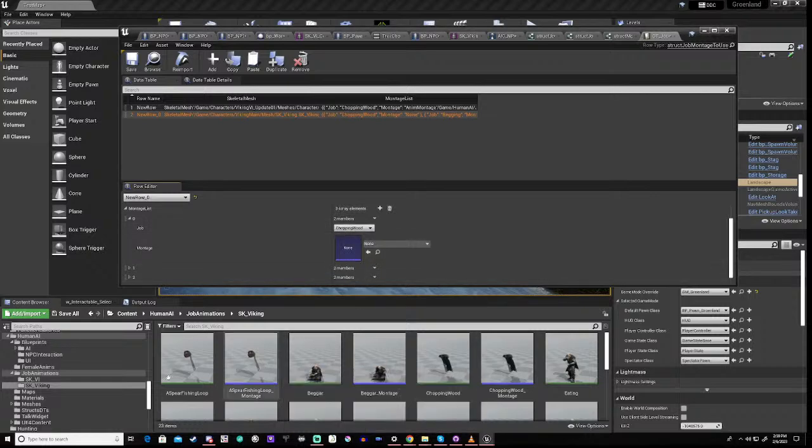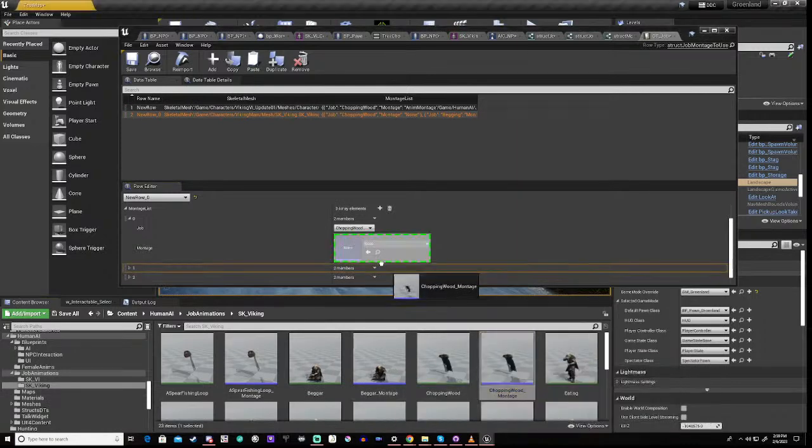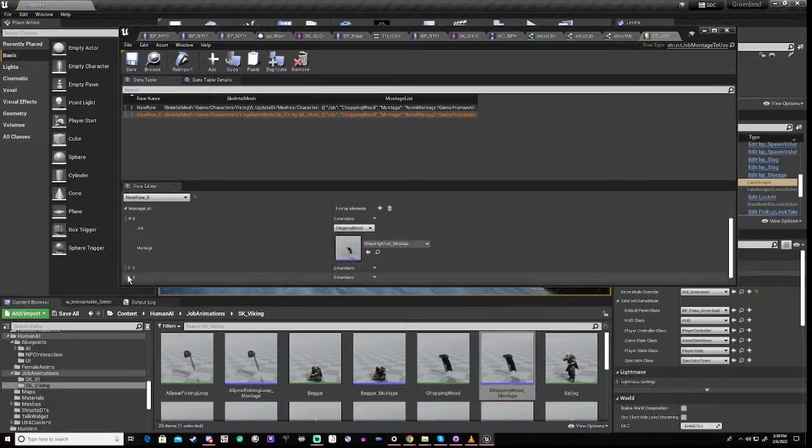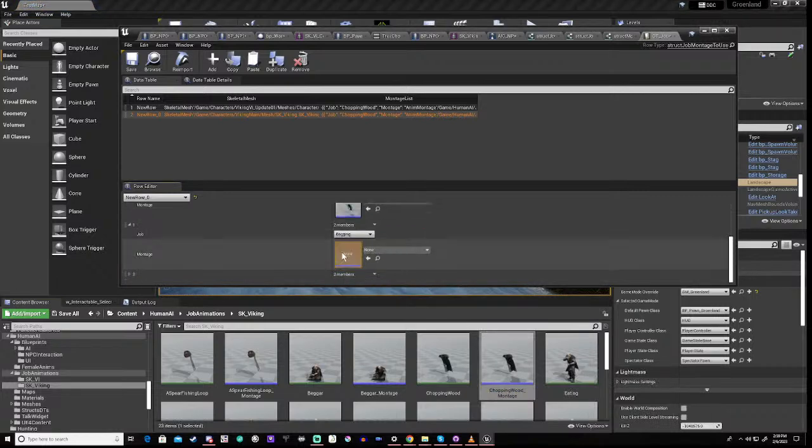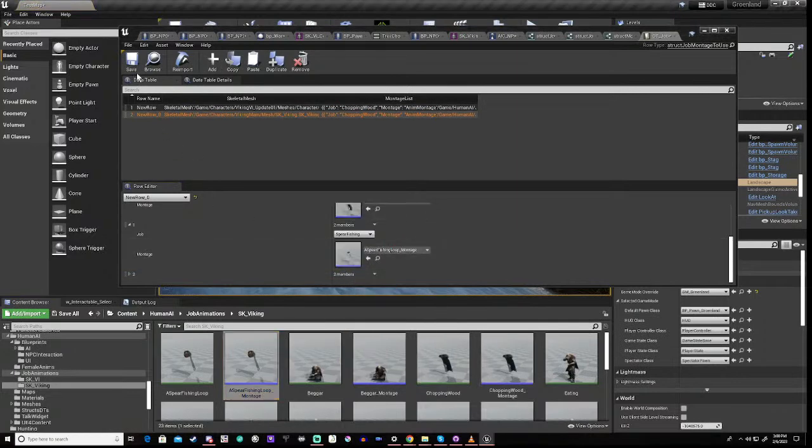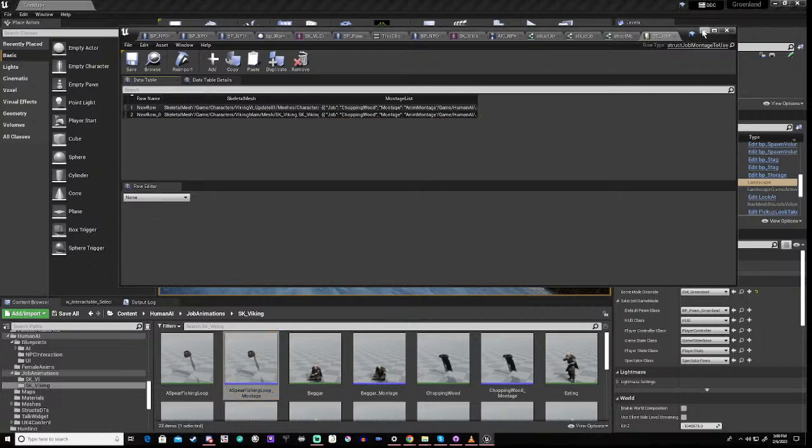But we've got our Viking here, and there is our chopping wood montage. Right? And then we have our spearfishing montage. Okay, so we can save that. Okie doke. So now we're getting somewhere. Kinda, maybe. And what we can do,